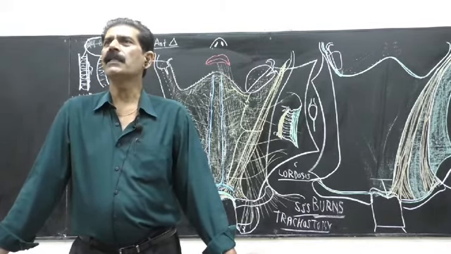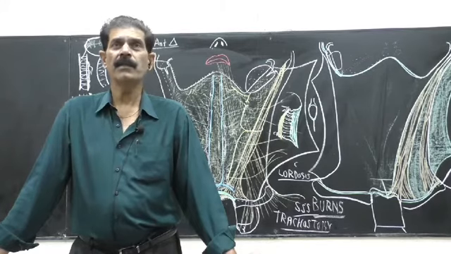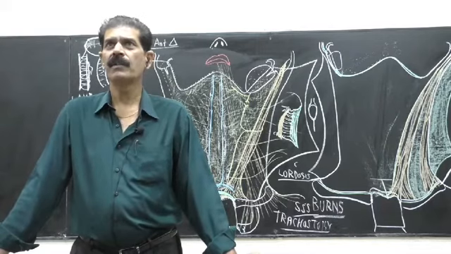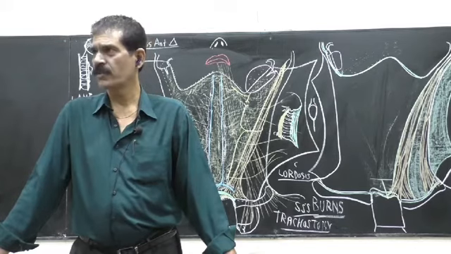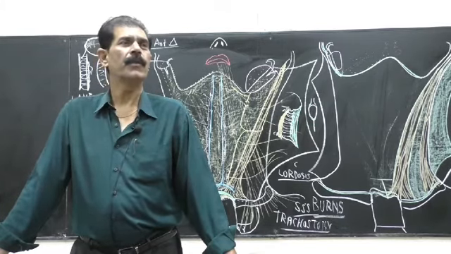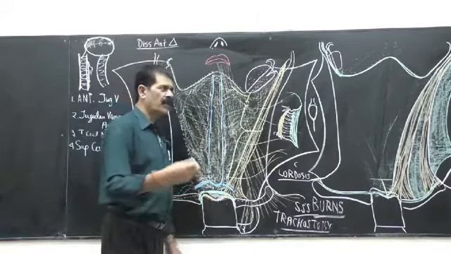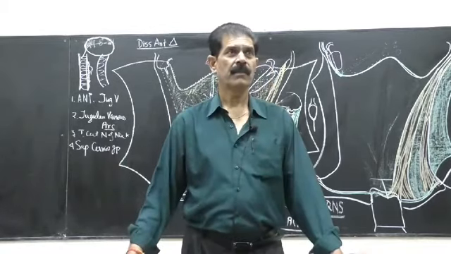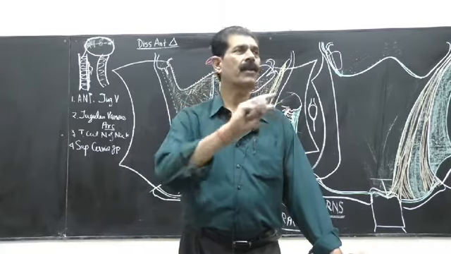In accidental cases, or when respiratory distress is there due to any reason, or when a patient is in a coma, or he can't breathe on his own because of a head injury, his respiratory center has been abolished, or hypoxia is there, we have to save the life of the patient. Then we have to do the procedure which is called tracheostomy. When his oxygen is going down, as you have seen nowadays in the corona cases, some are put on the ventilator and some are put directly on tracheostomy.